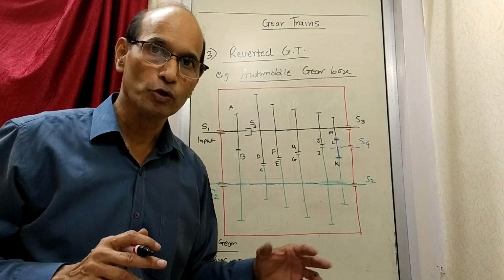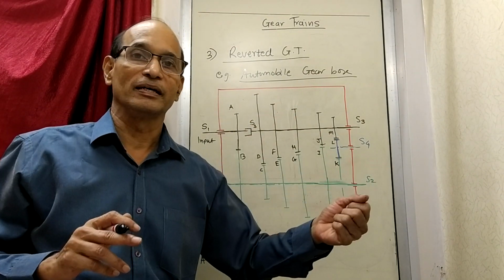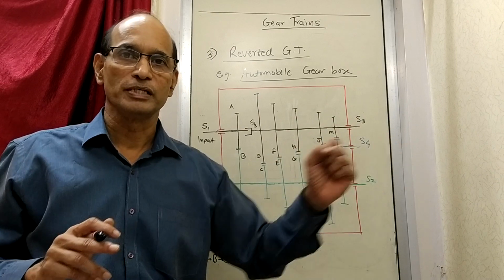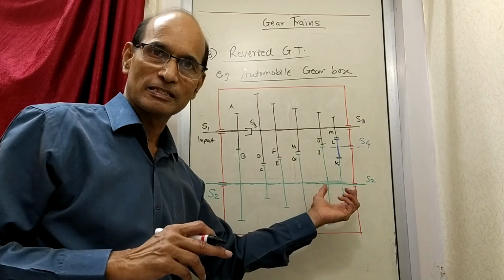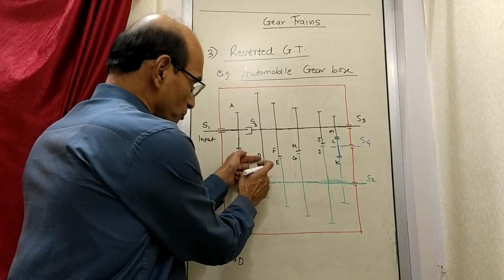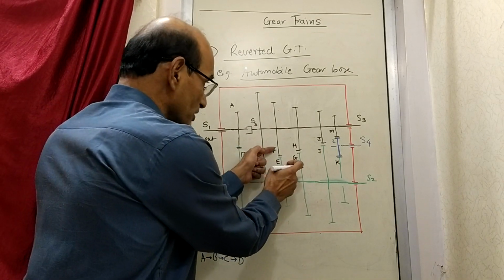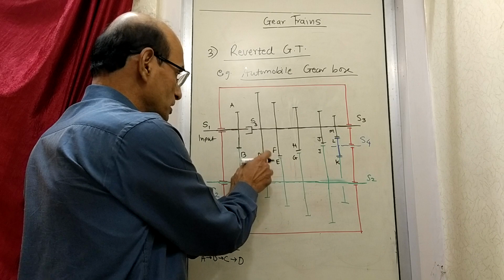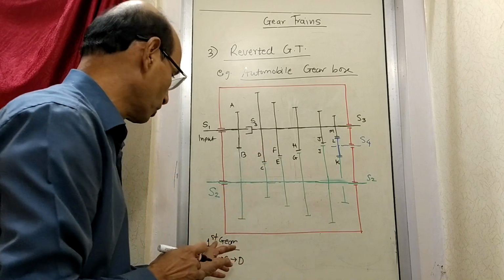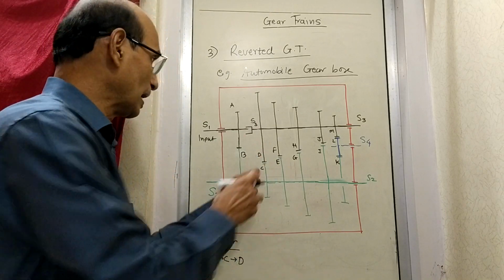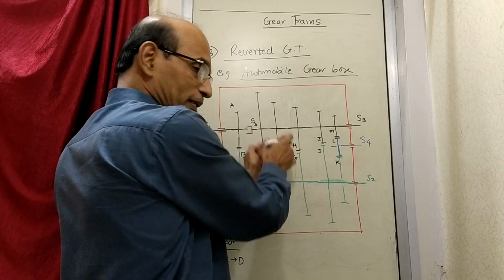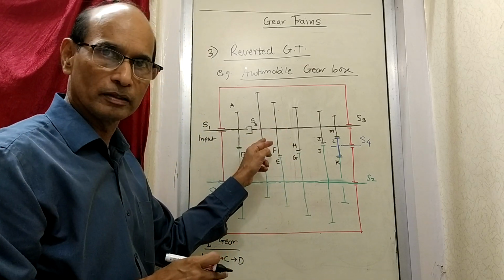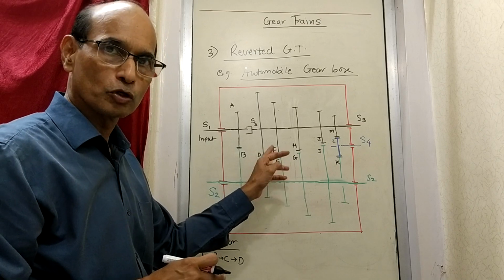Now what happens when you want to go to the second gear? Whatever lever arrangement you change, as a result the displacement takes place and this connection is broken and this connection is formed. That means now C is not in contact with D. When you change from first gear to second gear, at that time the C to D connection is broken and E and F get connected. They get in mesh.